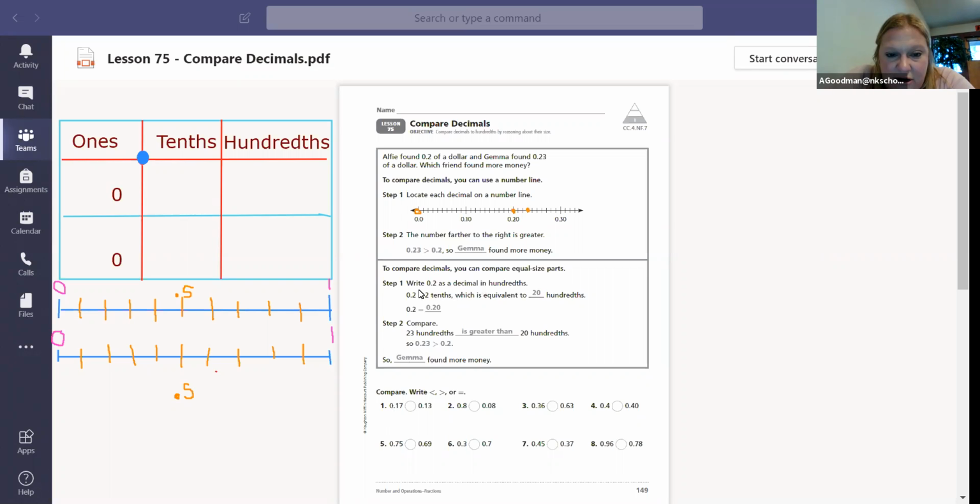So let's look down here. Compare decimals, you can compare equal size parts. So write 2 tenths as a decimal in the hundredths. 0.2 is 2 tenths, which is equivalent to 20 hundredths. So they are saying that because you're looking at 0.2 instead of 0.20, it's easier to add that 0 at the end, so that each one is compared with 2 digits after the decimal point. So I'll write it here, 0.20